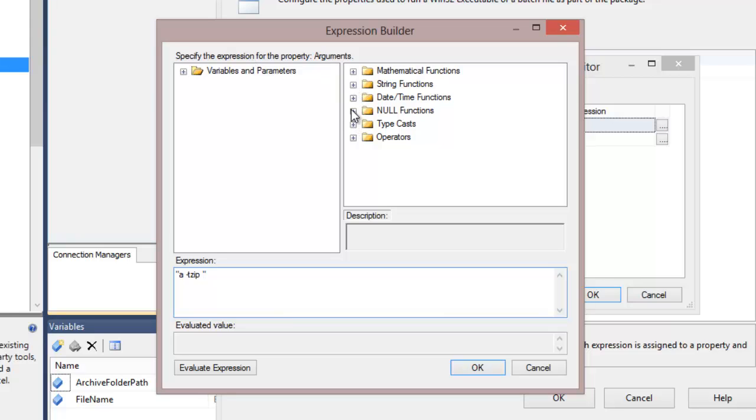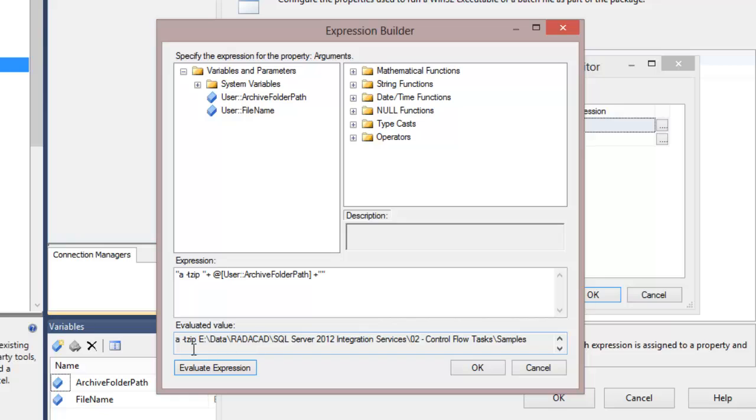So the destination file is coming from two variables. First variable is archive folder path. So here I put archive folder path, because archive folder path is a variable, and here we have a string. We need to concatenate that string to the variable, so we need to put that plus and double quotes here as well. So when I evaluate the expression, you can see that this evaluated as a dash t zip and then